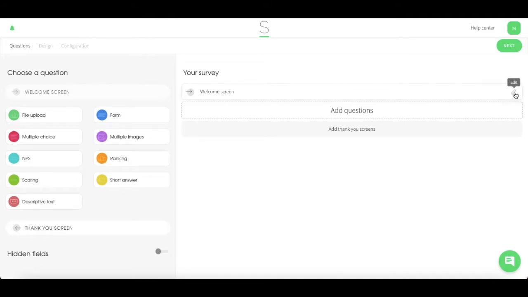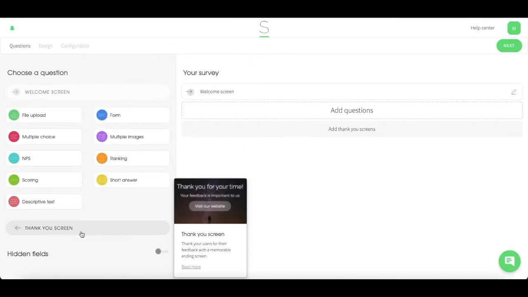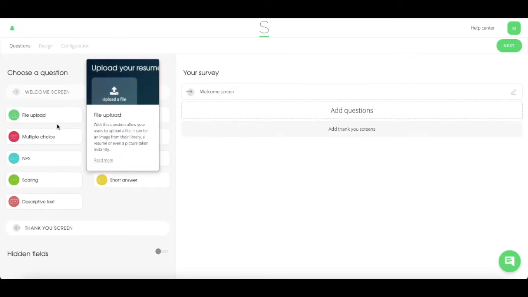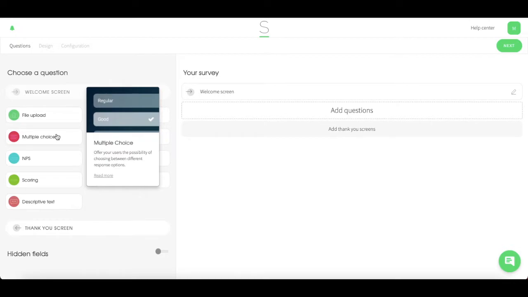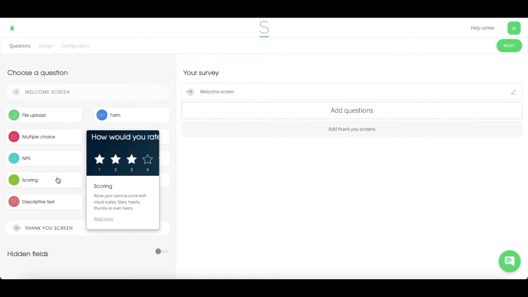A survey consists of a welcome screen, which can be edited by clicking on the pencil on the side, the questions you decide to include, and one or more thank you screens. You can choose different types of questions depending on what suits the question best and edit its content. Each question has different features and options, and for each one, it is possible to upload images to make your